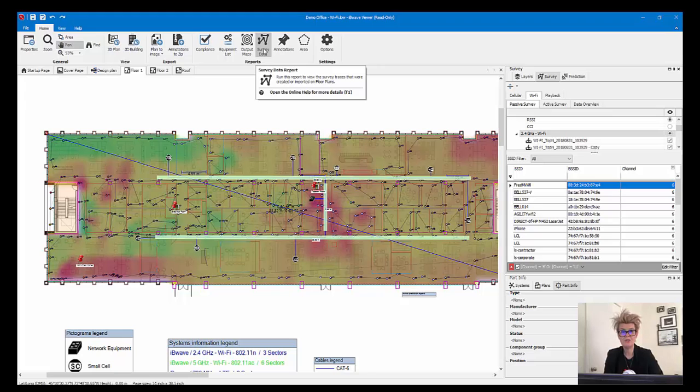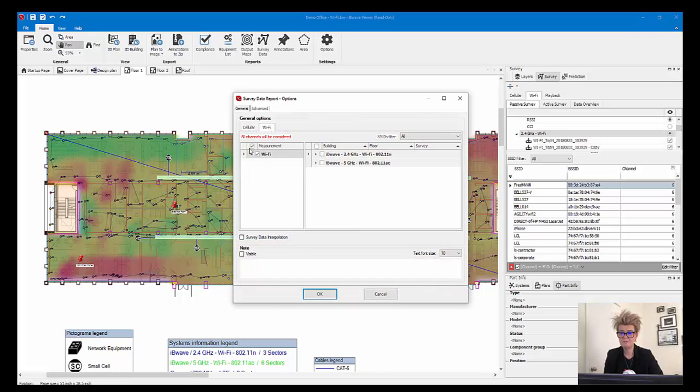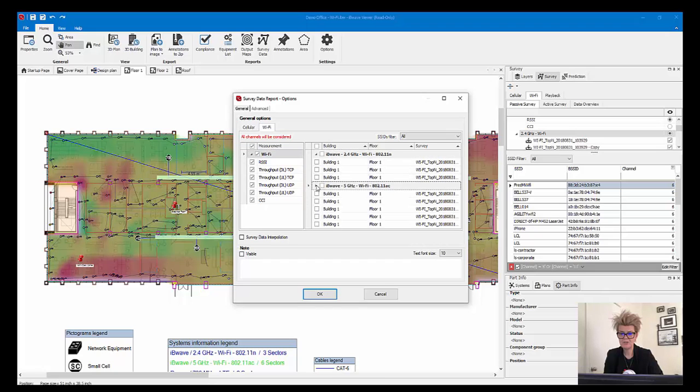And this is going to give you a report that shows all of your heat maps by floor. And you can pick and choose. So you can see I open it up here. You can see you can pick and choose what you include on this report. Okay. And that concludes my really quick demo of